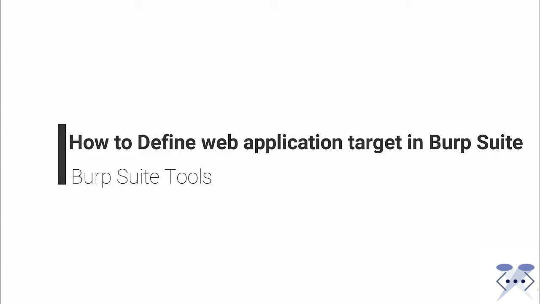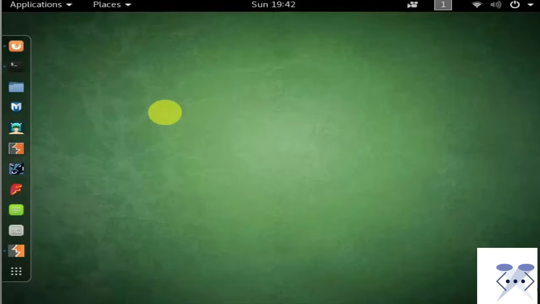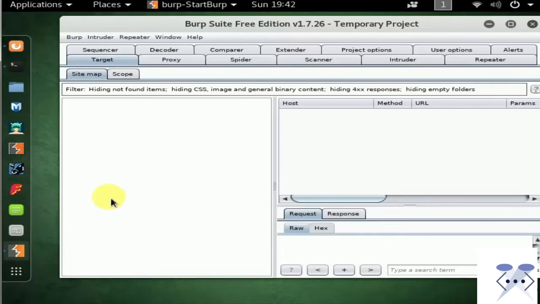Your web browser will need to be configured to pass web traffic to a local instance of Burp Suite. Let's perform web application analysis using Burp Suite. Just open Burp Suite. The leftmost tab in the Burp Suite interface is the Target. There are two tabs below this Target tab called Site map and Scope. The Site map tab will automatically populate as content is accessed via the proxy web browser.